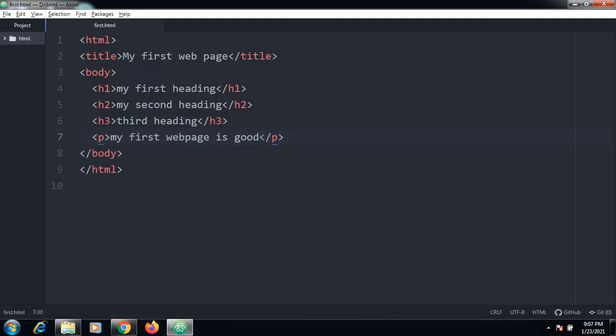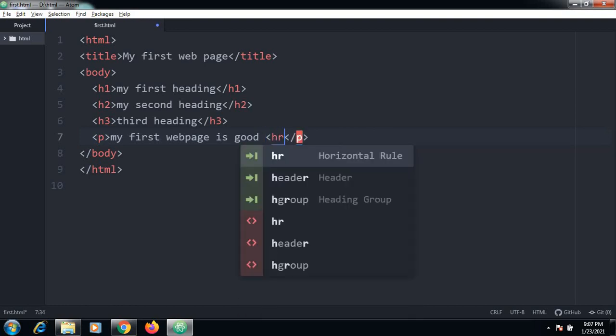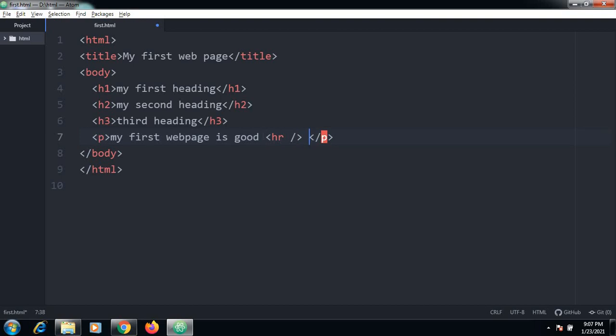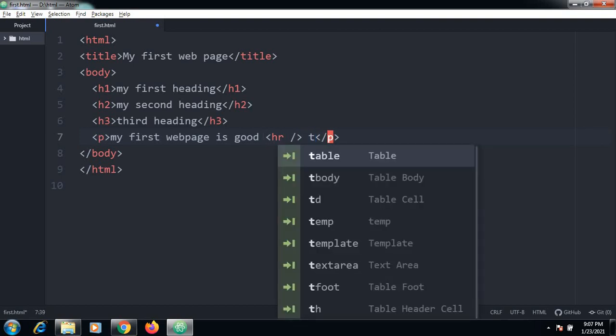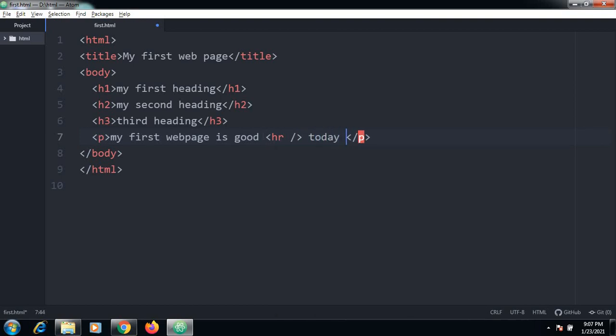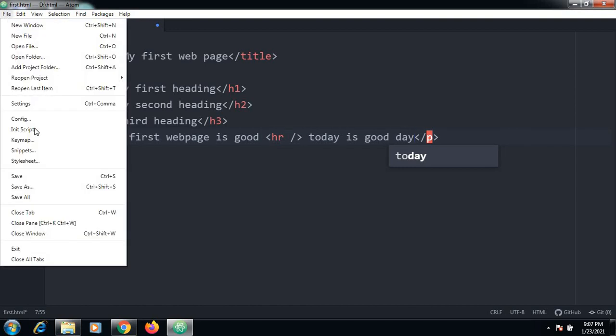Now I want to have some horizontal lines. So how to do this horizontal line? Using the hr tag, hr slash. So go for save.